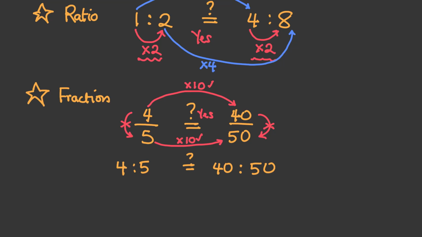Likewise, using this setup, going from 4 to 40, we multiply by what? 10, and we multiply our 5 by 10 to get 50. So yes, this setup works not only using the fraction format, but also using the